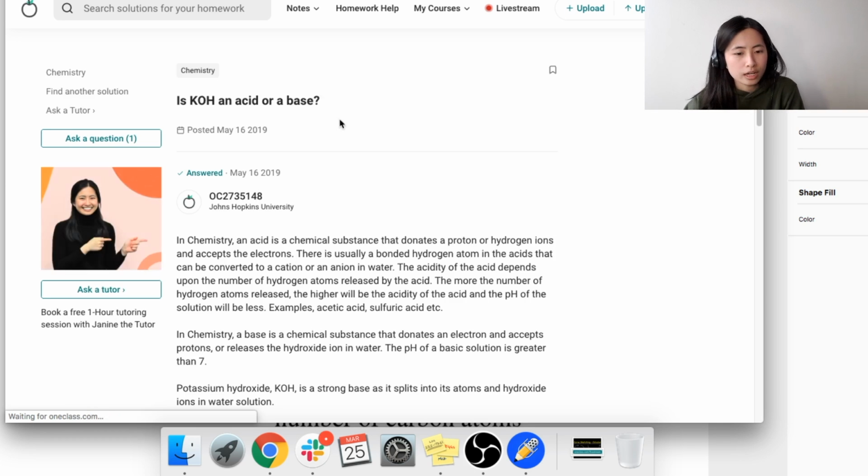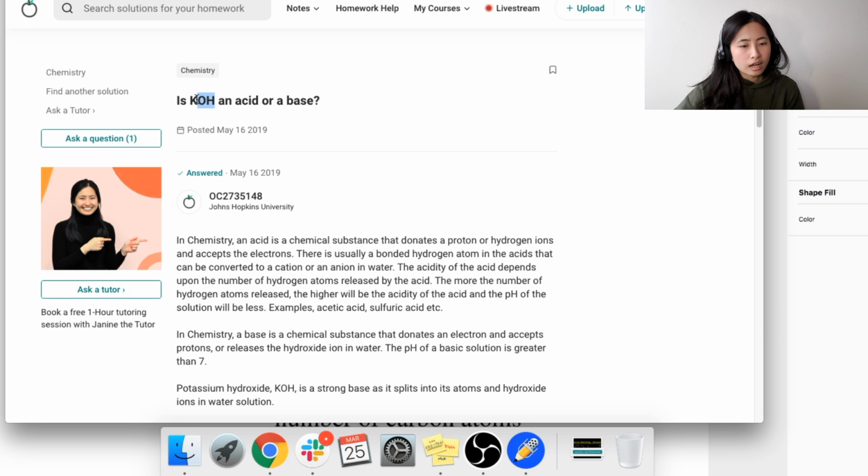Okay, so here's the first question. It says, is KOH an acid or a base? Anytime you think about a base, especially in this case with KOH, by definition, if it's an acid, you need to really have the presence of a proton. If it's a base, typically I tell my students that if you're looking for a strong base, you would have